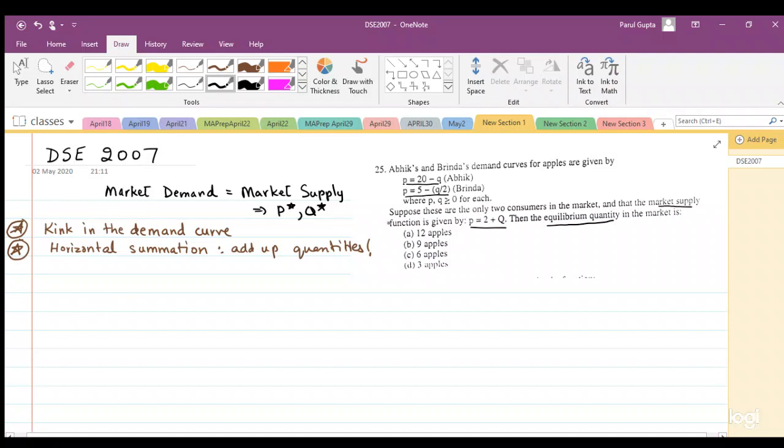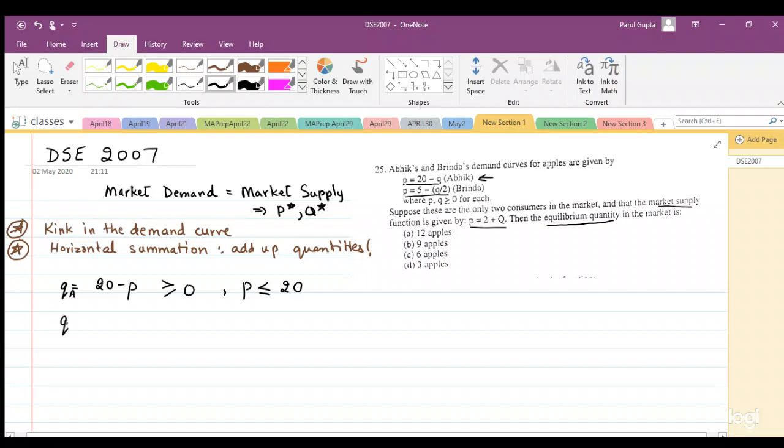Note first that this first person A, his demand is such that he is not going to consume anything when the price is above 20. So when the price is above 20, we can rewrite the demand curve as, let's call it QA, this is 20 minus P. This is going to be non-negative only for P less than or equal to 20. That means if P is greater than 20, then this person is not going to demand any apples. That is the commodity which is being sold and bought here.